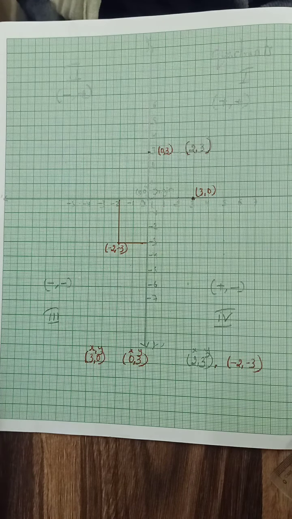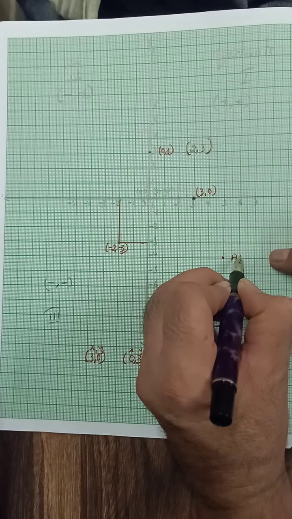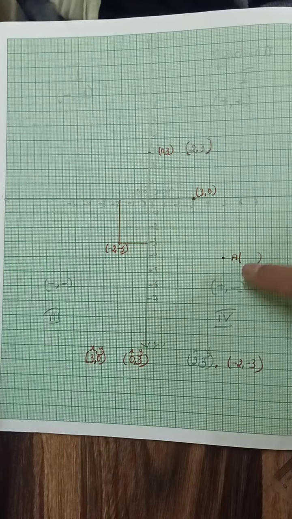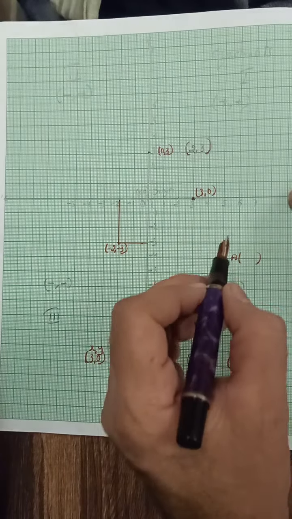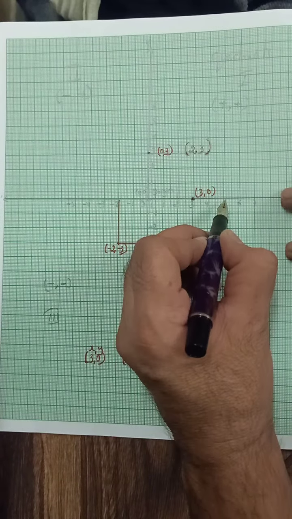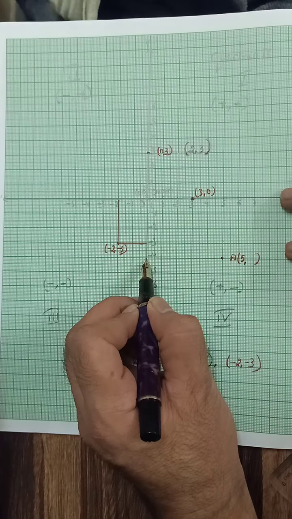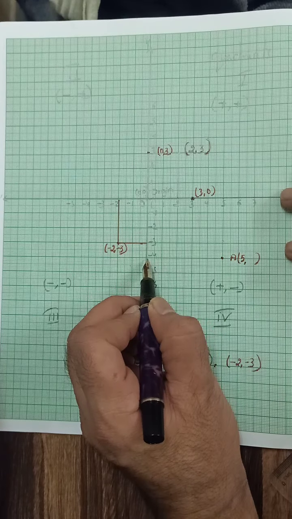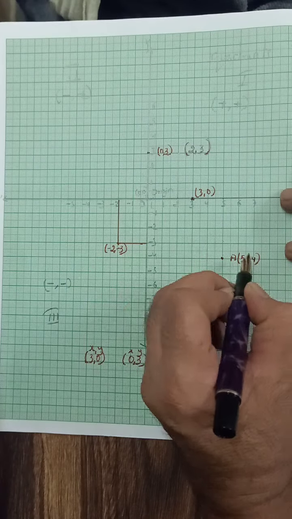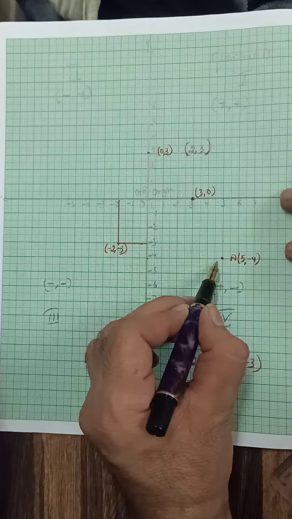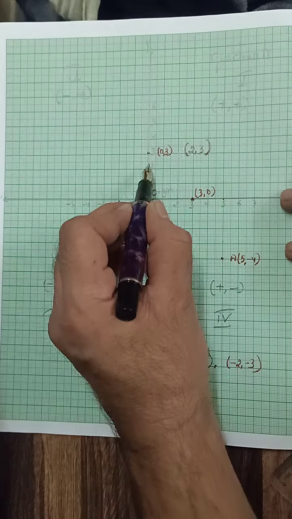In the second type of questions, they will give you the graph and they will ask you the points. Say for example, I'll just mark this point here, say A. Now tell me, what is this point A? How much is A? So just see, here on the x-axis this is 5, and if I draw a line from here, it is passing through -4. That means y is -4. So when you are taking the y value, you have to draw a line parallel to the x-axis, and when you are taking the x point, you have to draw a line parallel to the y-axis.